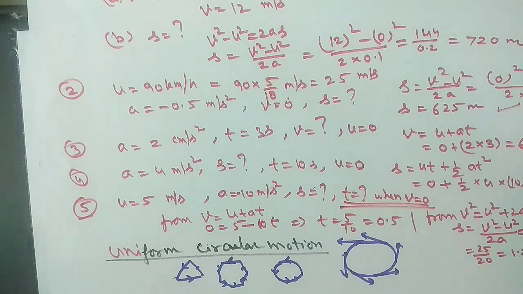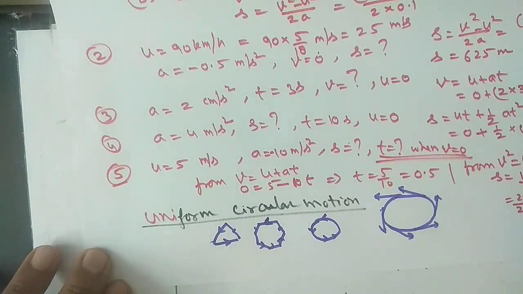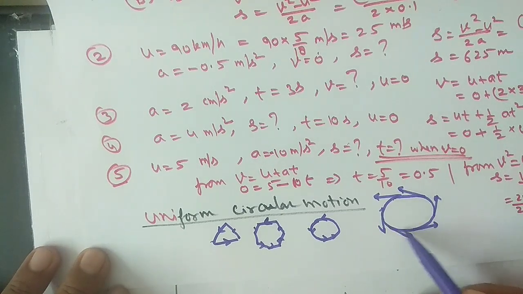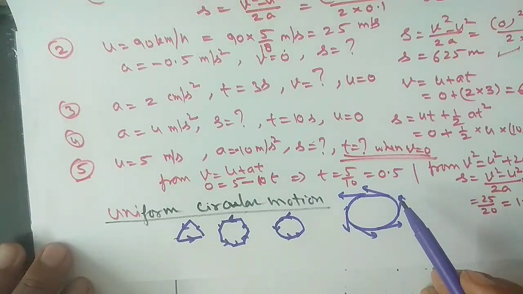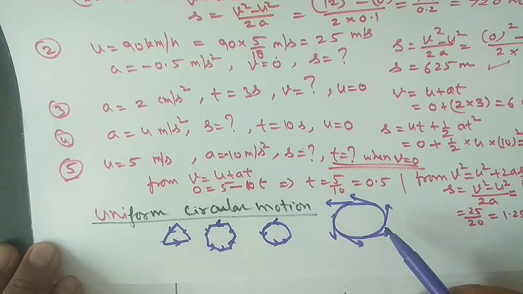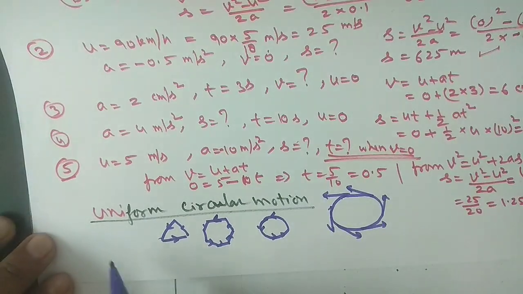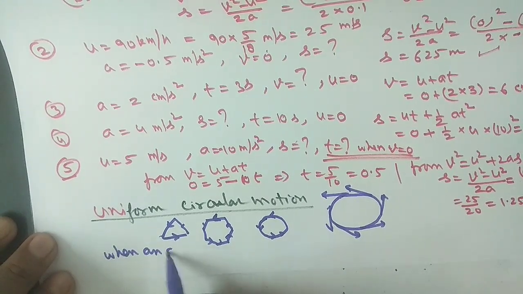And you should know what is the meaning of uniform circular motion. Uniform circular motion means when the speed of the body remains constant, uniform. Okay, no more change. So that is the uniform motion. So the uniform definition you can write here. I am writing this definition: when an object